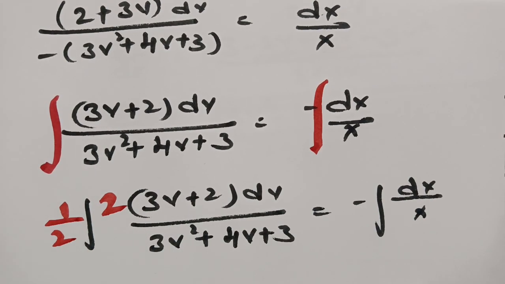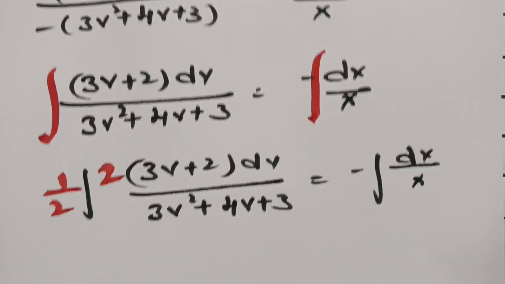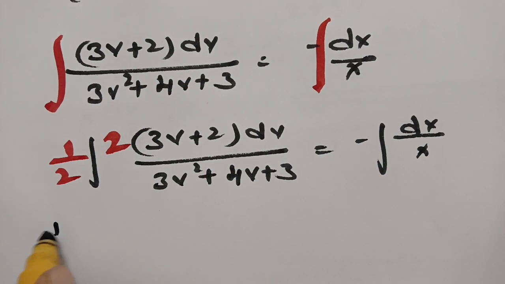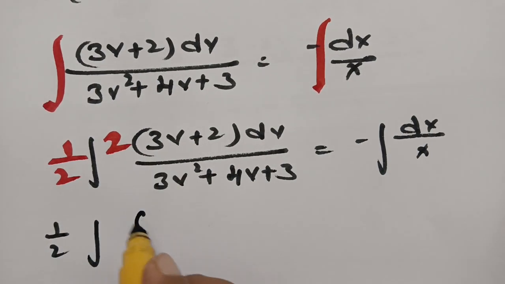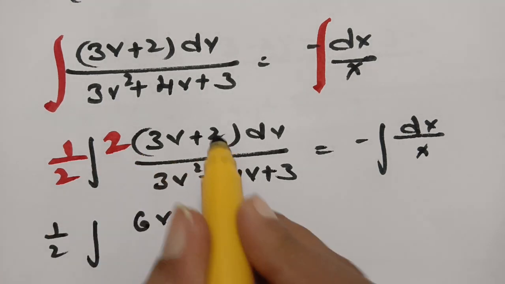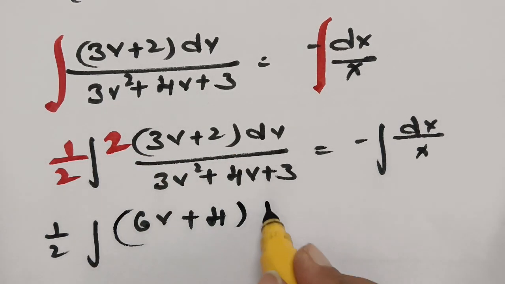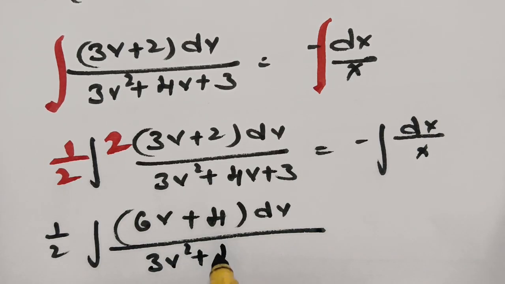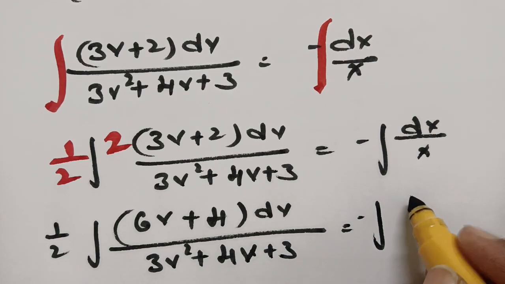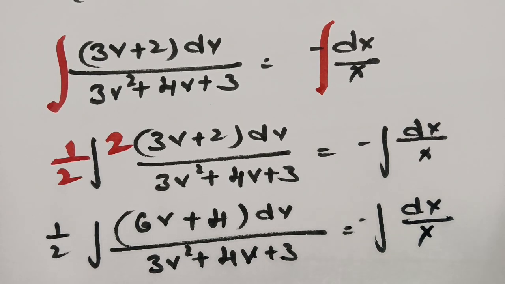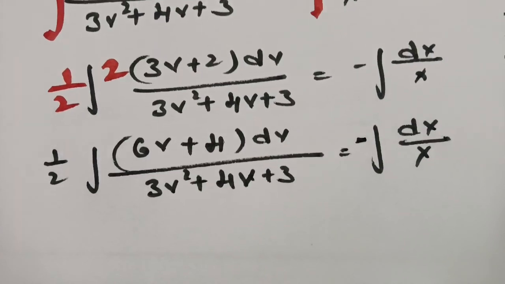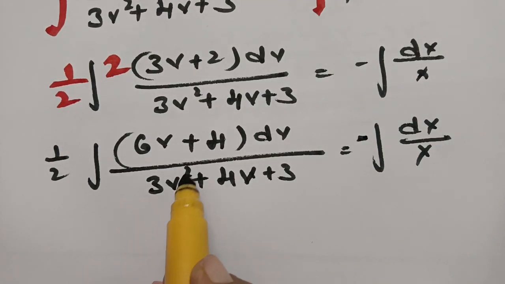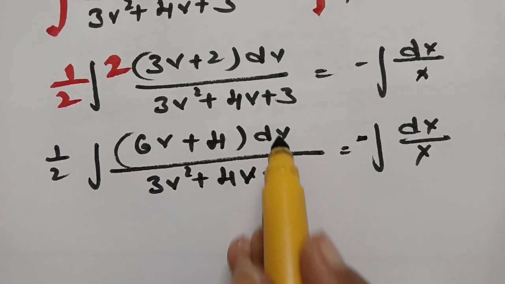So this is multiplying and dividing with 2 in order to get a simple solution. So here this is half times of, if I multiply, this will be 6v, and this is going to become 4 into dv, by this value, 3v square plus 4v plus 3, which is equal to minus dx by x, and therefore the derivative of 3v square is nothing but 6v into dv, and